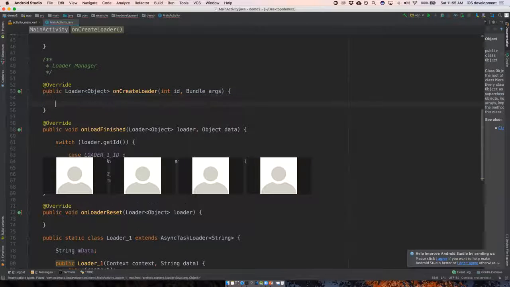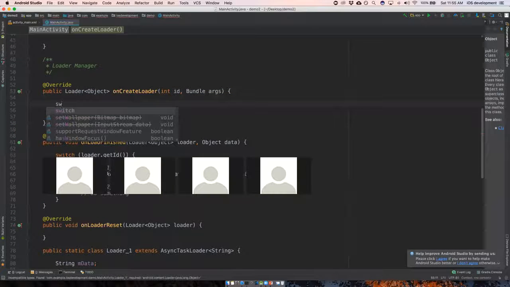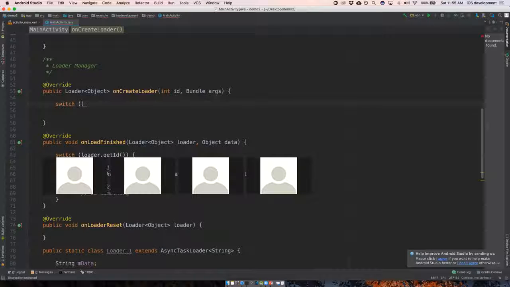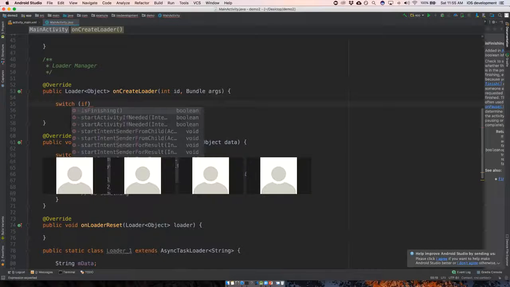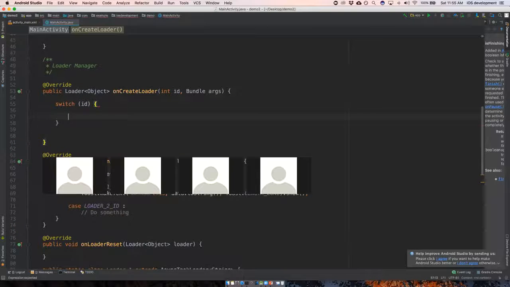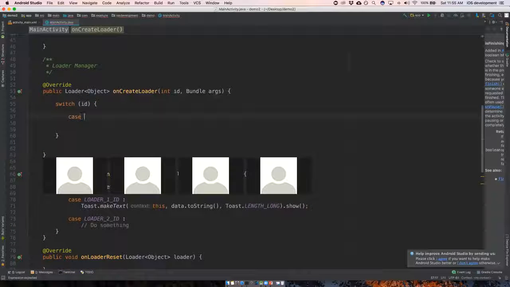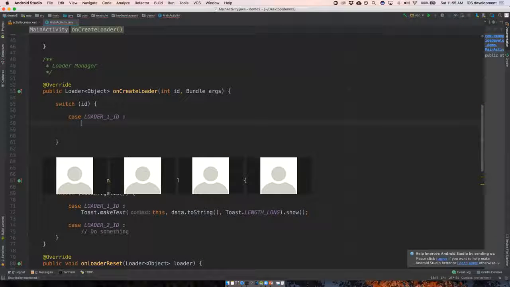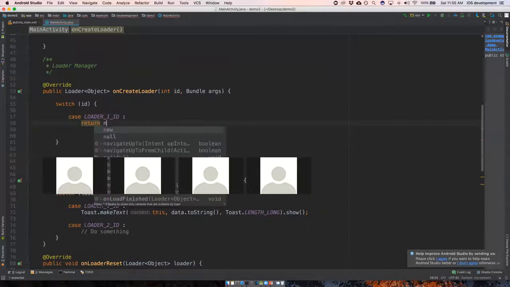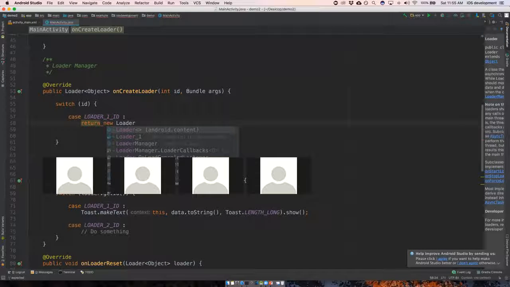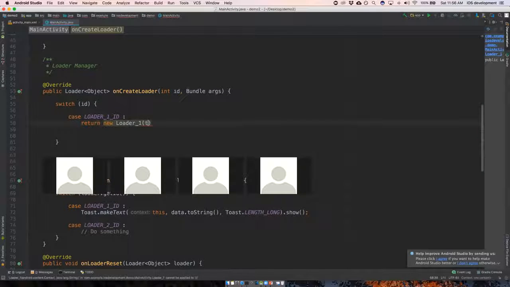Because here, I need to check which loader gets loaded, right? So switch, again, ID. So if the loader is loader number 1, then I go return new loader. I'm going to pass in this and some complex string. That's right. Got it. Okay. So